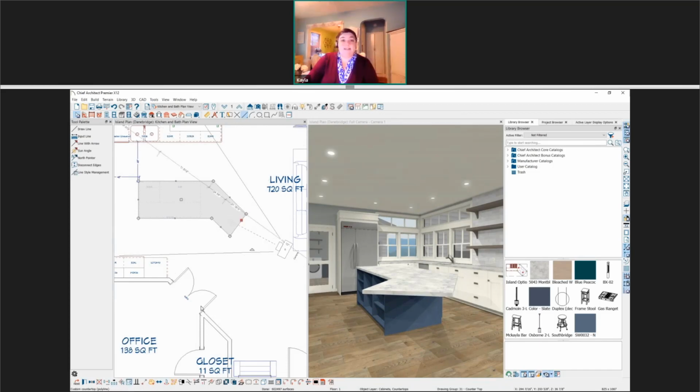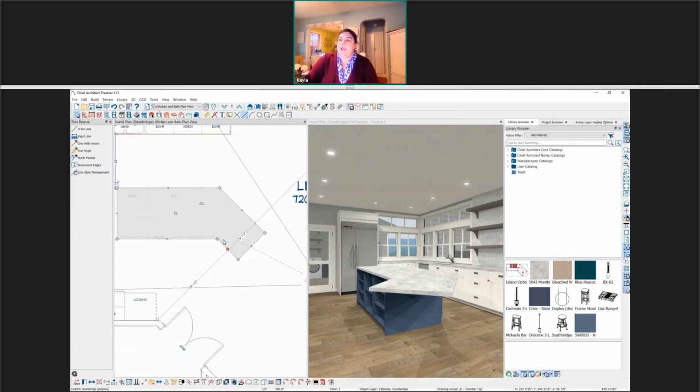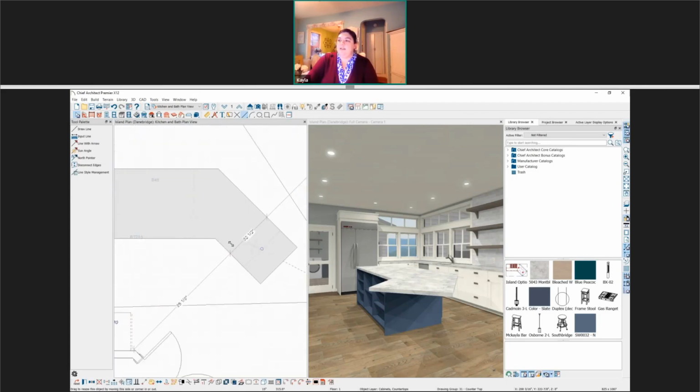There we go. So now I'm going to take this line and I'm going to use the make parallel perpendicular. And because I was a little bit closer to what I was wanting to become, it was able to see what I wanted to do. And I'm going to do it one last time with this line. Again, make parallel perpendicular. I think it might already be, but just to make sure. All right, so now I have the angles that I want, and I'm just going to increase the length of this, and I'm going to increase the width of this until we meet up right here. So you can see I can use my snap indicators to snap right to that corner.